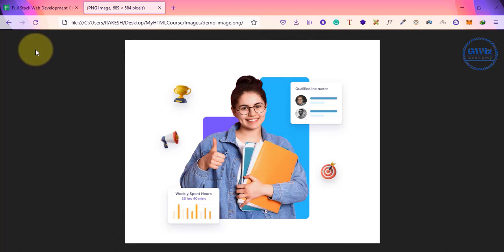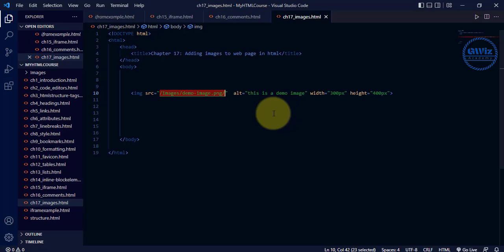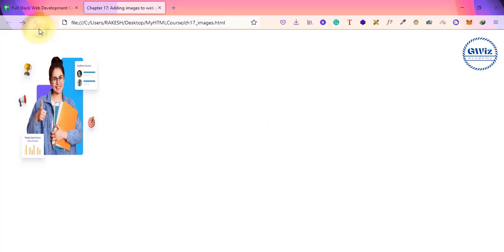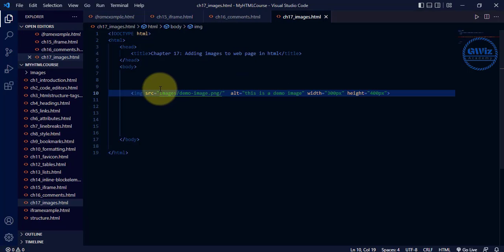The URL is correct, but there is some issue. What exactly is it? Let's try to figure it out. Okay, so we need to remove this slash over here, and then it will enter into the images folder, and then